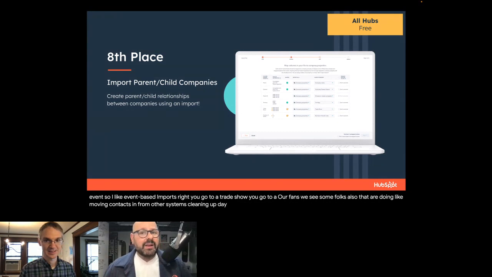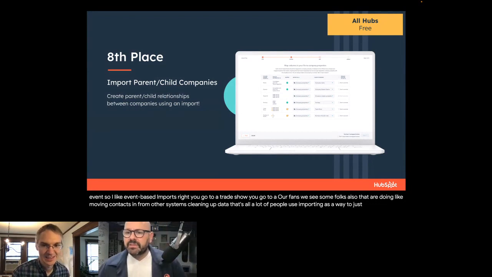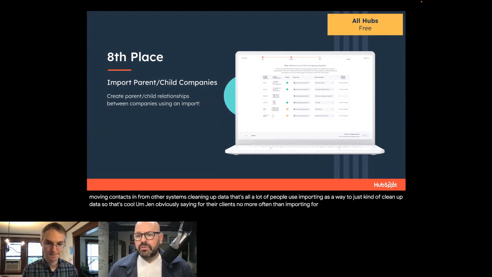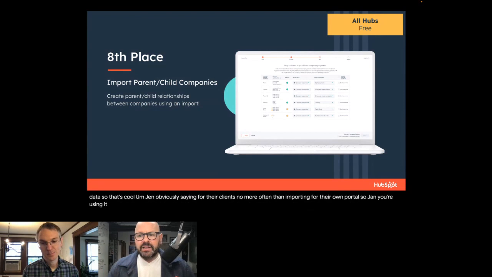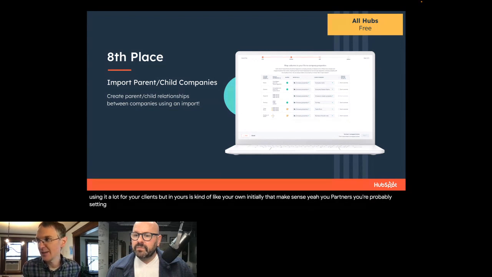That's all. A lot of people use importing as a way to just kind of clean up data. So I think that's really cool. Mike, really good comment there. Jen obviously saying for their clients, no more often than importing for their own portal. So Jen, you're using it a lot for your clients, but in yours, it's kind of like your own initial import. That makes sense. Yeah, you partners, you're probably setting people up all the time, and import is an important